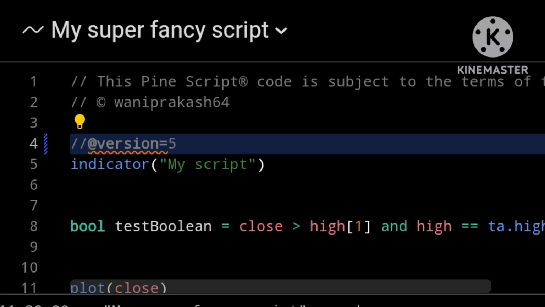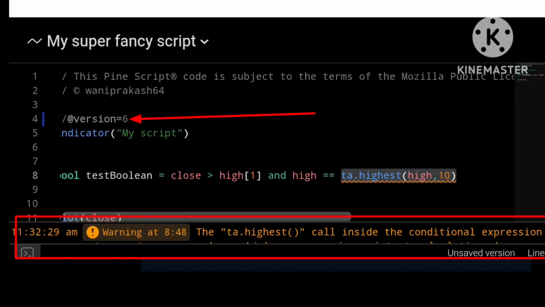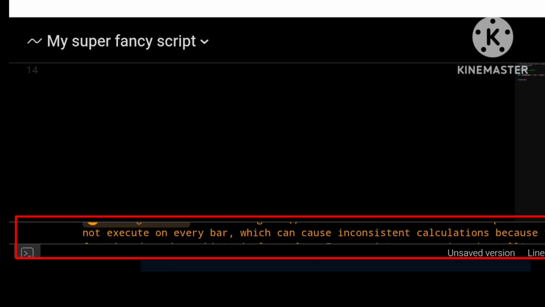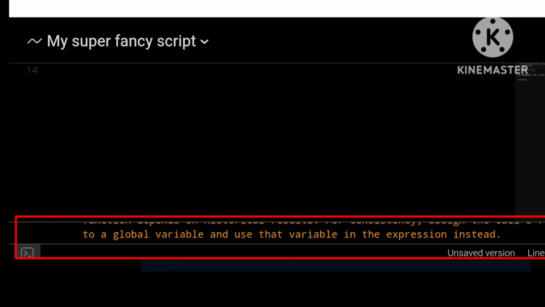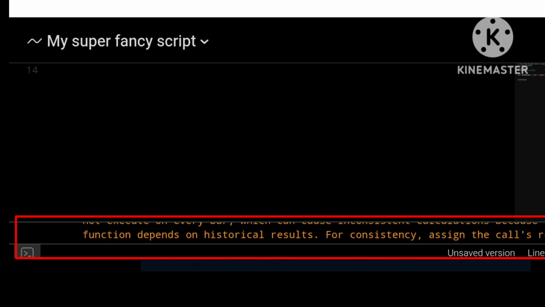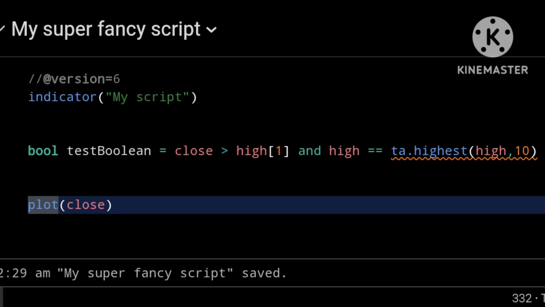In version 5, this entire statement would get executed regardless of whether one check failed. But in version 6, PineScript uses what is referred to as lazy evaluation. The script runtime engine is as lazy as possible when evaluating the statement. And what will happen is if the current bar does not close higher than the previous bar, then this code never gets executed or checked at all.